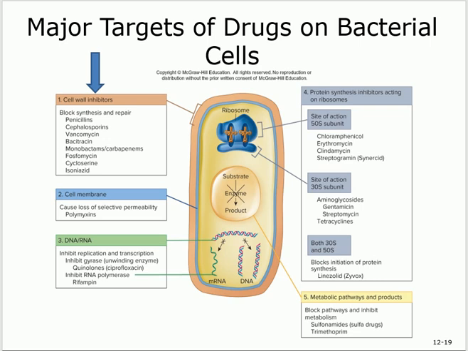Ribosomes, right? So here's giving you some details. I wouldn't really. I just remember that it works on the ribosomes, generally speaking. And what are the examples of those? I would remember chloramphenicol, erythromycin. I put those in a separate slide. I added a slide specifically for those, just to point out the most important ones. Erythromycin, chloramphenicol, and these are called aminoglycosides, which is streptomycin and tetracycline, specifically important.